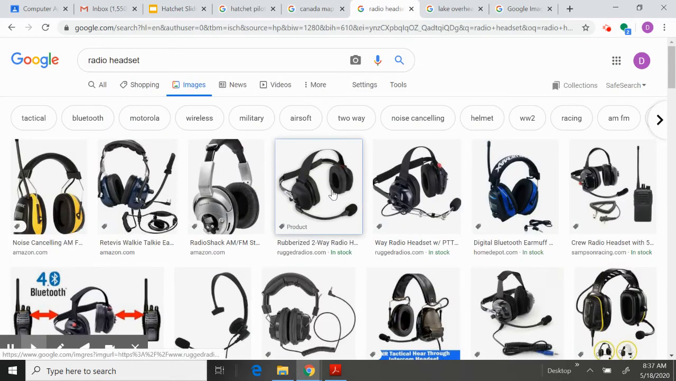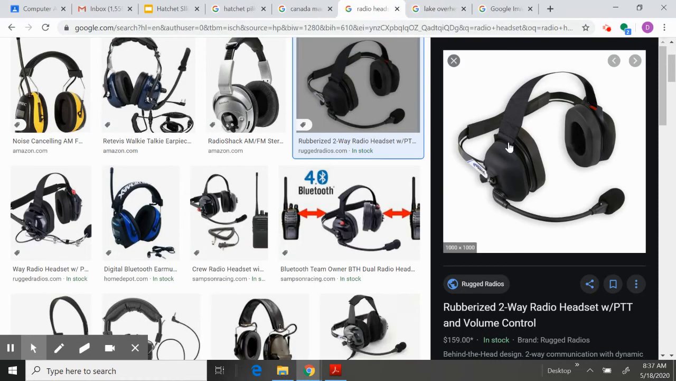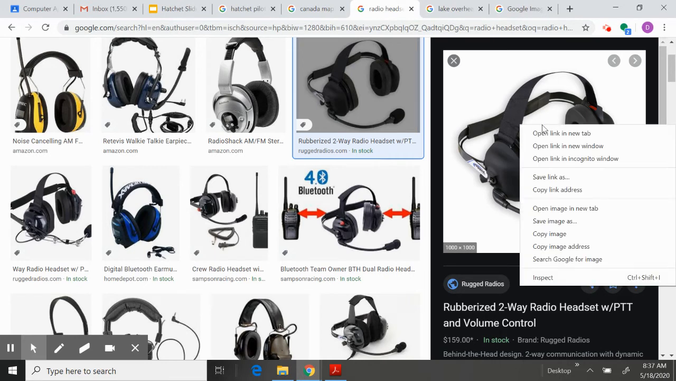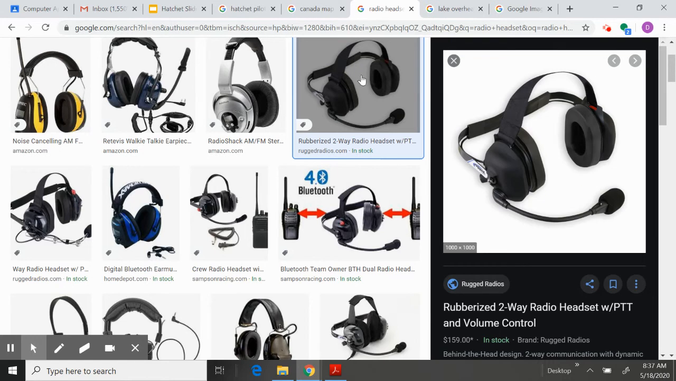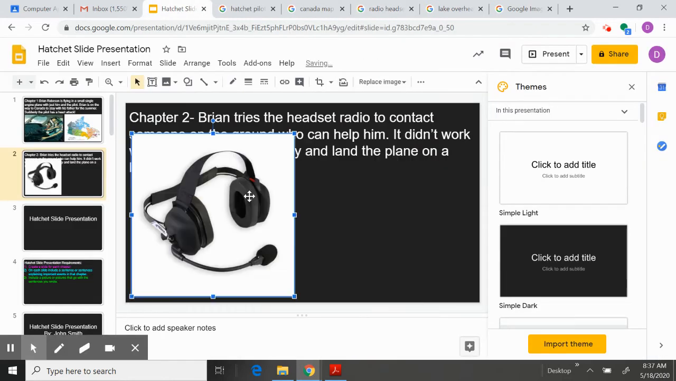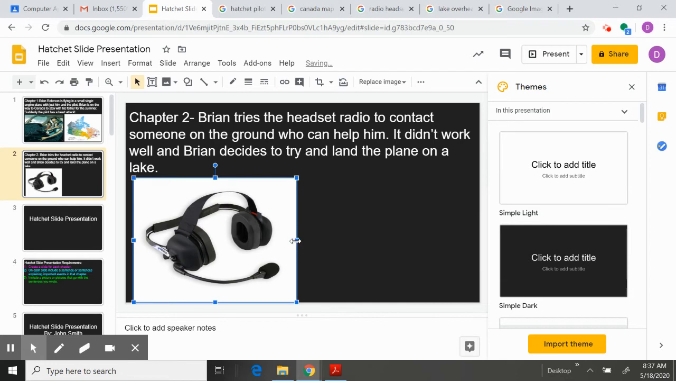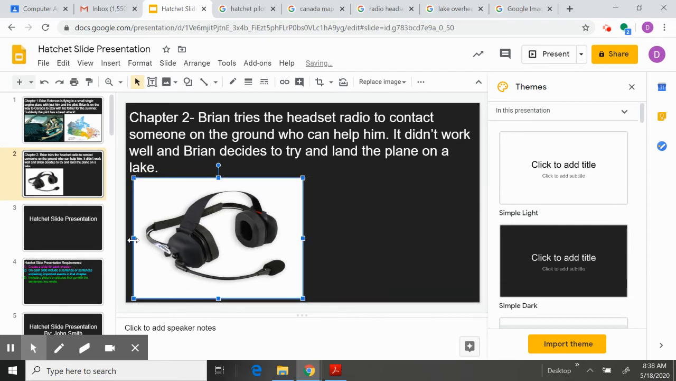I kind of like this one. Right, so again, I go, whoops, I don't want to do that. I go over to the picture, right click, my options come up. I go down to copy image, left click, go back to the slide presentation, again, drop it in, make it a little smaller, and there I go. All right, so now I have the radio headset,